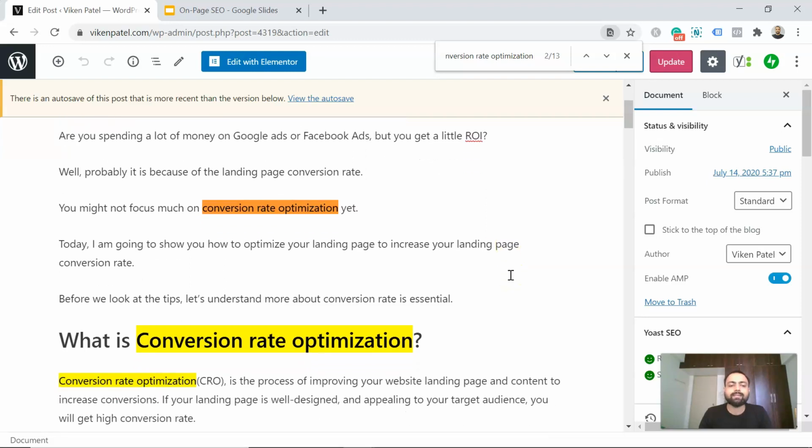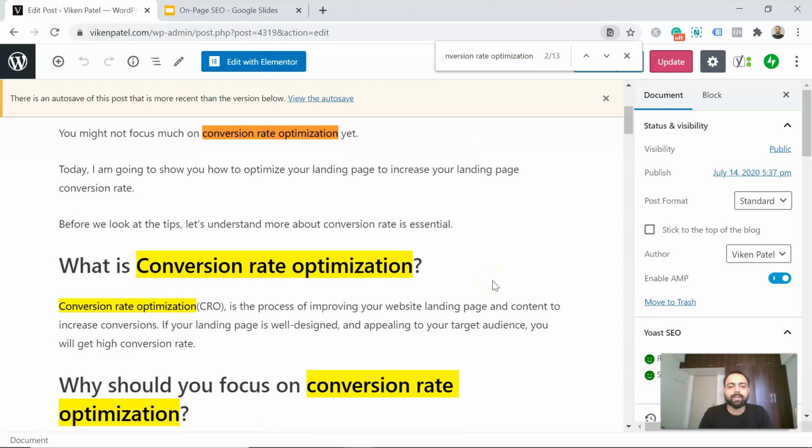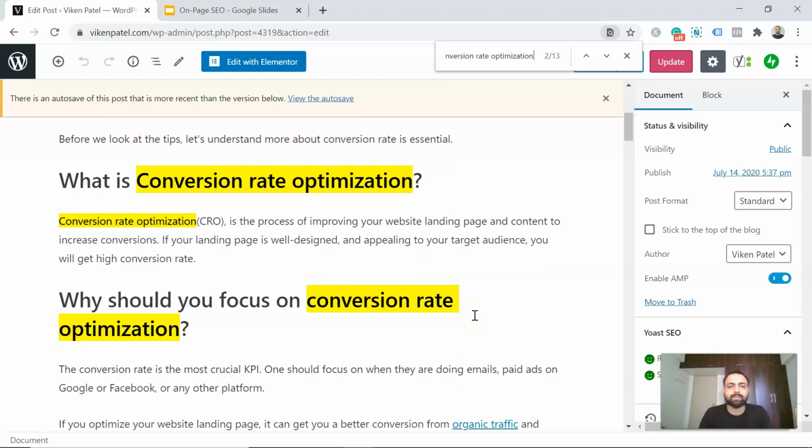The next parameter is other heading tags, H2 tags, or if you have H3 tags available on your page. You must add some keywords or some related keywords into your H2, H3 tags. So here I have already added conversion rate optimization because it is relevant in my case. If you don't find your keyword relevant to be added in H2 tags, don't add it. You have to be very genuine.